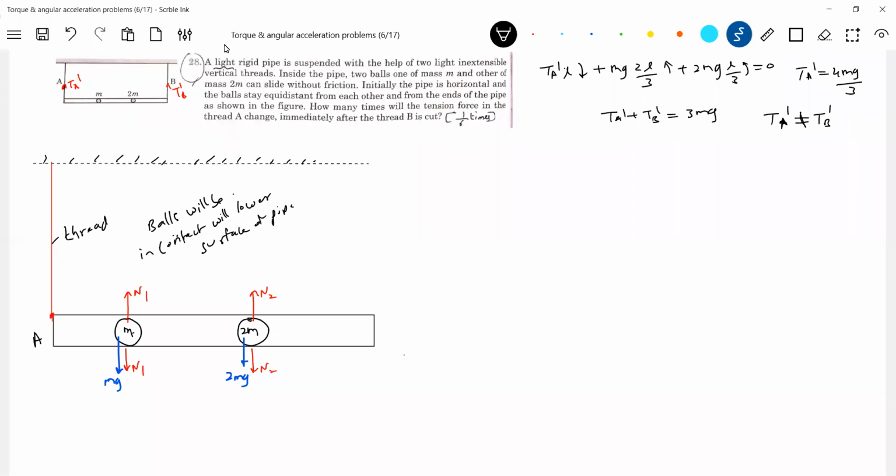As the pipe is massless, the net force on the pipe should be 0. This is one basic condition. Do I agree on this? The net force on the pipe should be 0, because the net linear acceleration of the pipe should also be 0. Any reason for that? Because the pipe is massless. Then a tension is set up in the string. Let me call that TA. So one very important idea of this problem is the pipe along with the balls will rotate about point A.